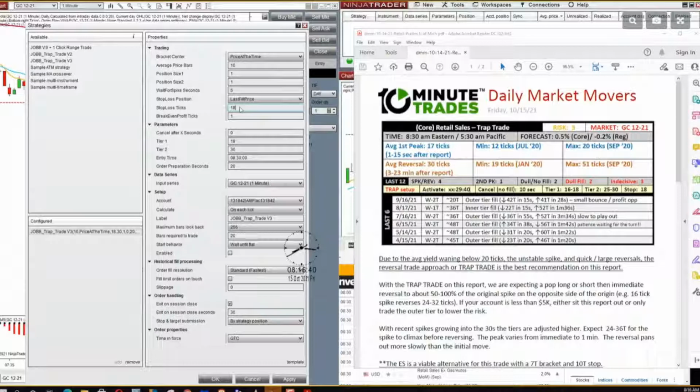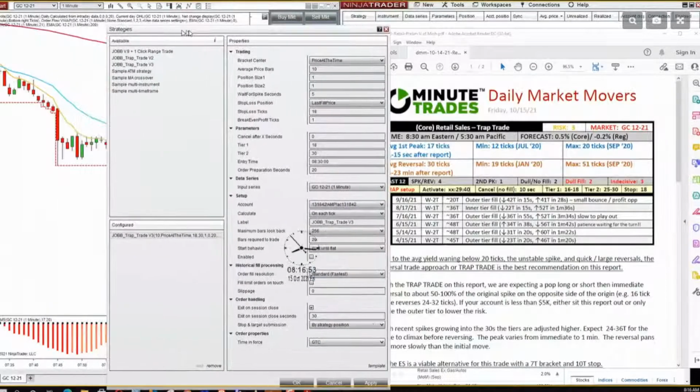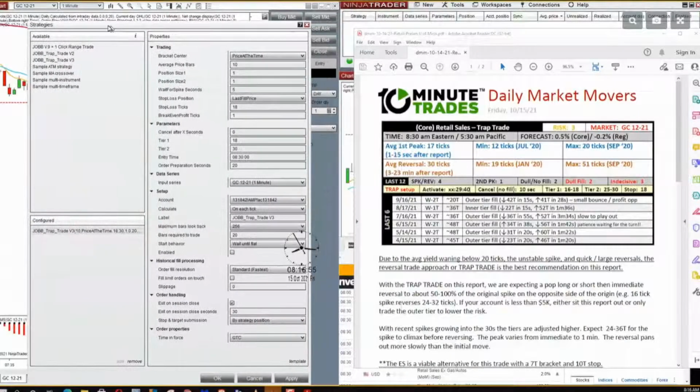And then double check all your settings. That's all that gets changed. Okay. Now I'm going to say it again. I would prefer if everybody just practice. No one is really very expert yet at the trap trade. We're going to have a webinar as soon as the new version is ready. We just happen to be in between versions. Okay.